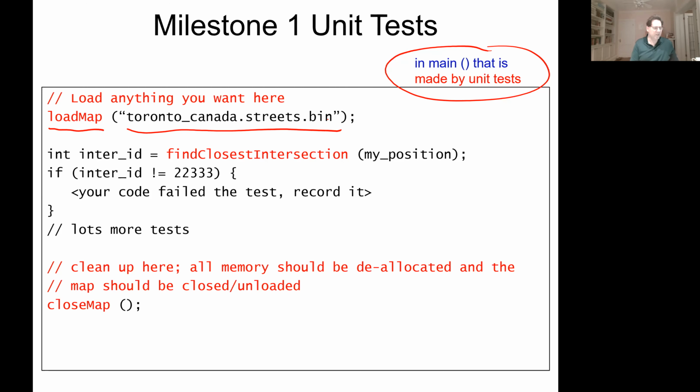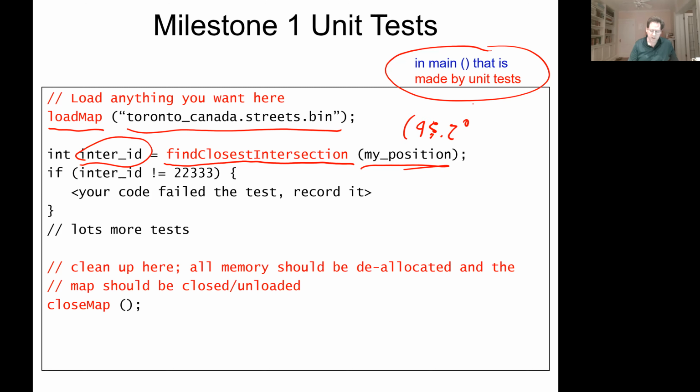And then we're going to do a whole bunch of tests. So for example, one of the functions you're supposed to write is find closest intersection. We pass you a latitude and longitude position, and you're supposed to return the ID of the intersection that's closest to that. We know for this map, maybe we gave you a latitude and longitude of